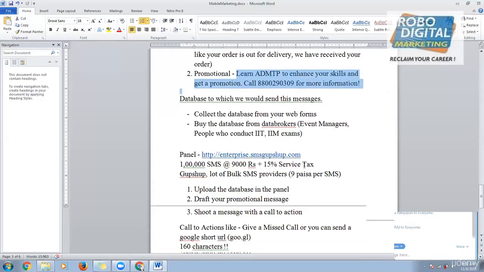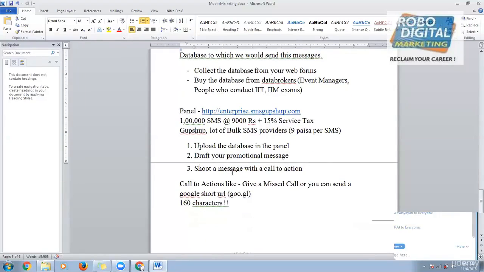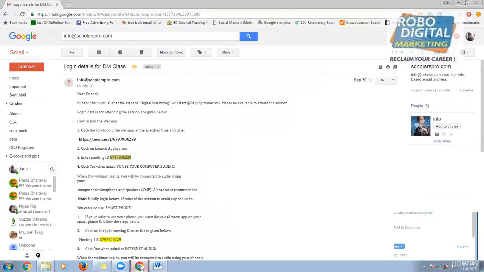Okay. So in this way you should do it. There should always be a call to action where people can take an action, or you can give your website URL by shortening it. Might be your website URL is too big. You can shorten it by Google URL shortener or Bitly URL shortener. So that makes the length of your SMS a bit less. Okay, and whenever you're shooting an SMS, keep one thing in mind: the size of an SMS is only 160 characters. If you cross 160 characters, then it will charge you for another SMS. How to do it? Let me show